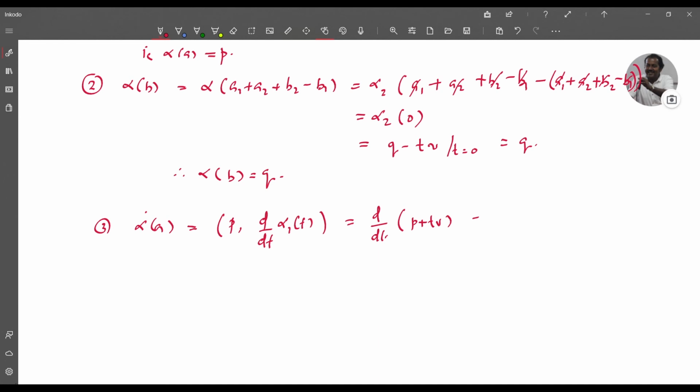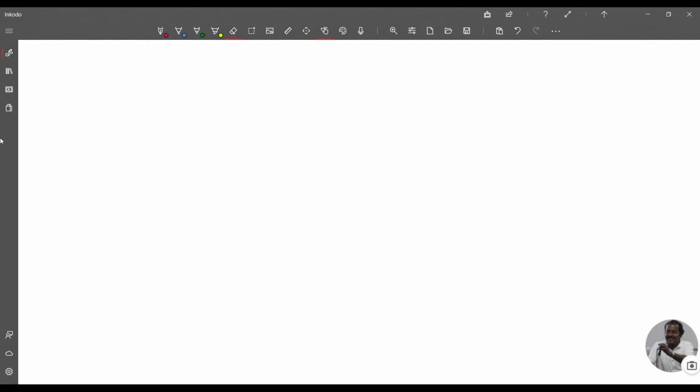So this is B acting at P. That is, alpha dot of A is the vector PV, vector V acting at PV. Now we show that alpha dot of B is equal to QV. Alpha dot of B is